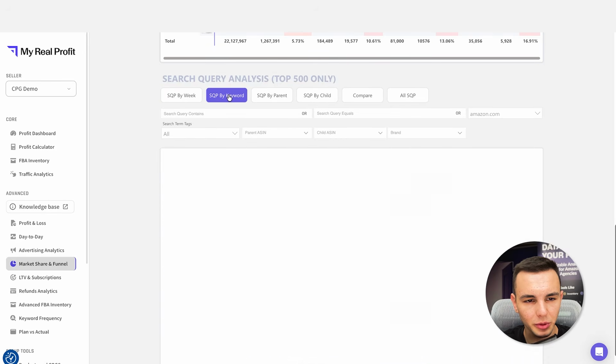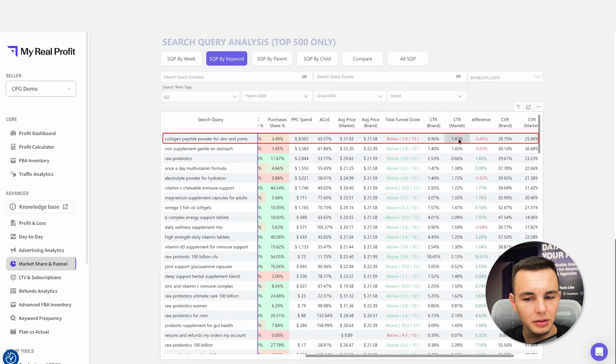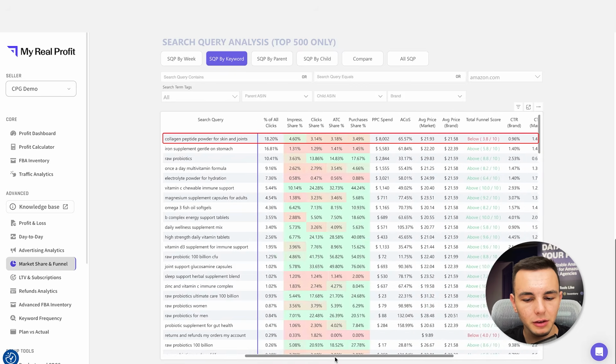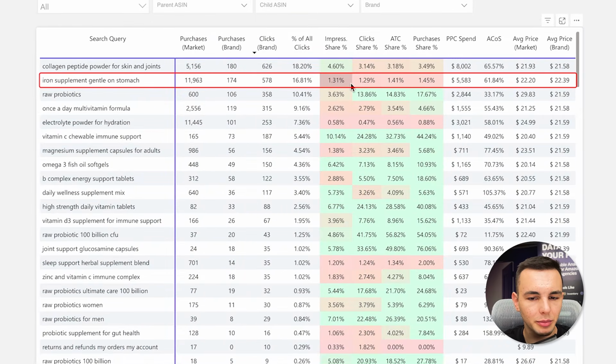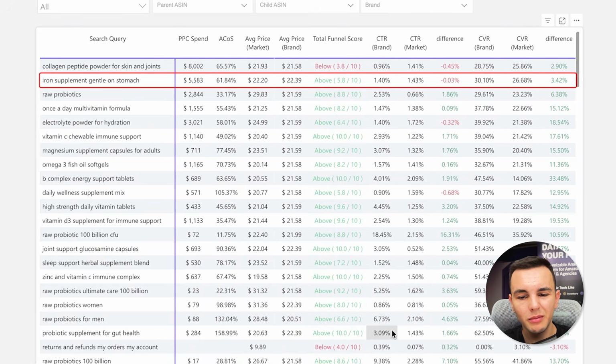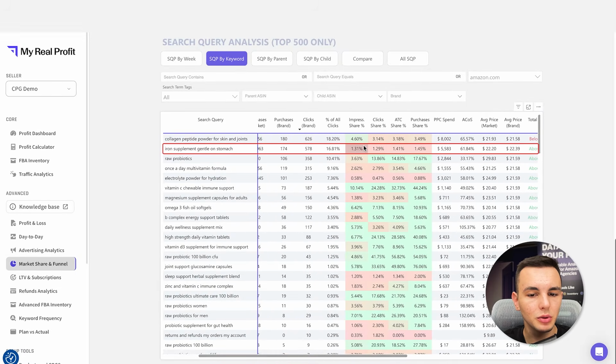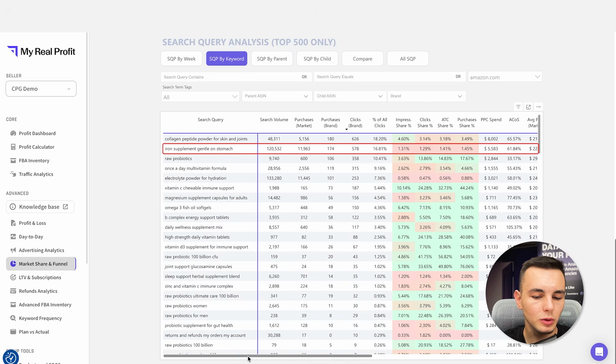So now the conclusion. Let me actually open the market share report on our platform and let me show you. If you see something like this where your impression share is higher than click share, we definitely know that the problem is click-through rate, and this is what we need to fix. If we have something like this where our impression share equals click share and it's pretty low, and we spend a lot of money on ads, we know that overall we perform more or less within the market, but we need to be much better than the market, and we need to improve our click-through rate. And then also those kinds of keywords require more investment in advertising,